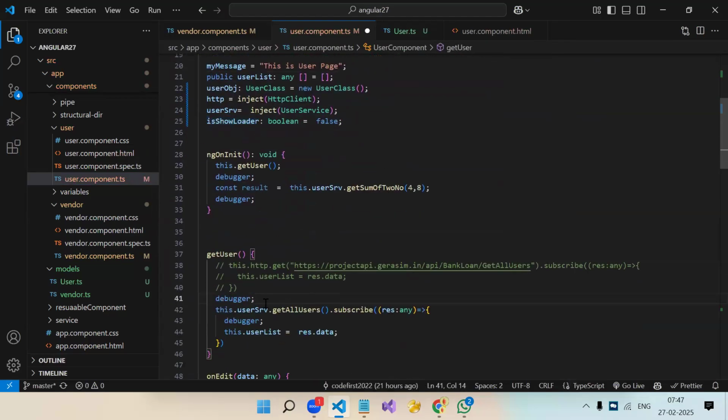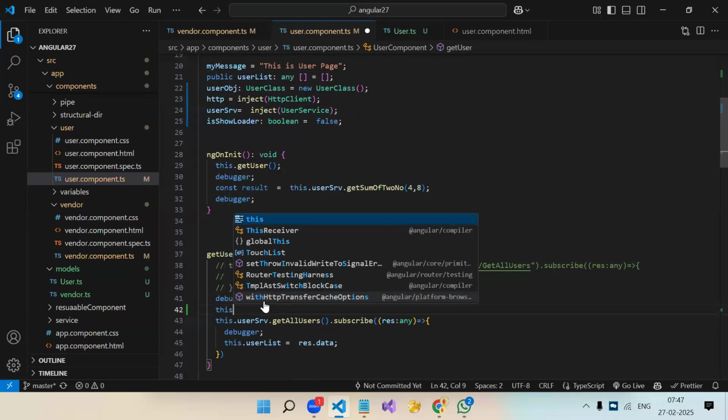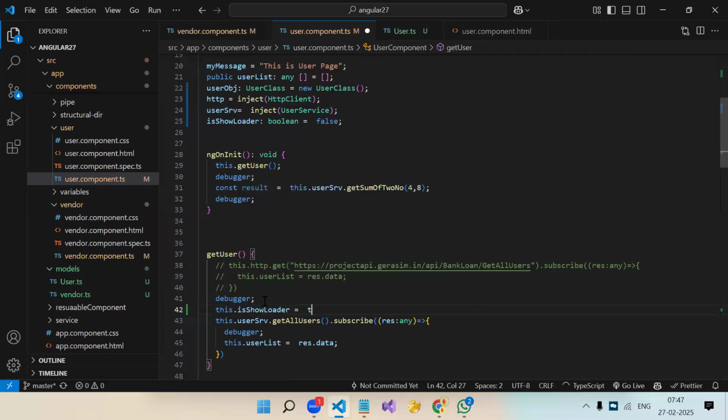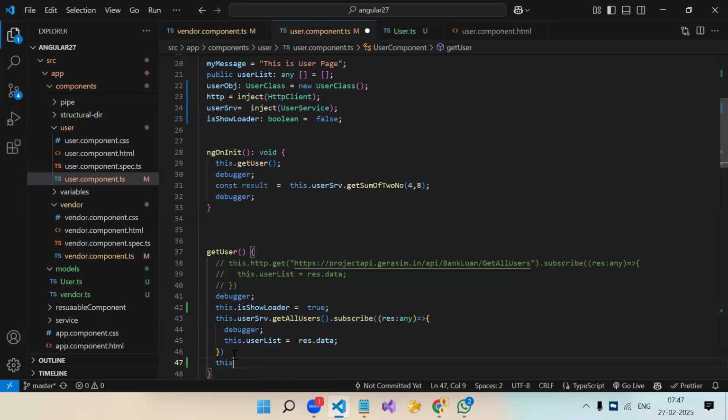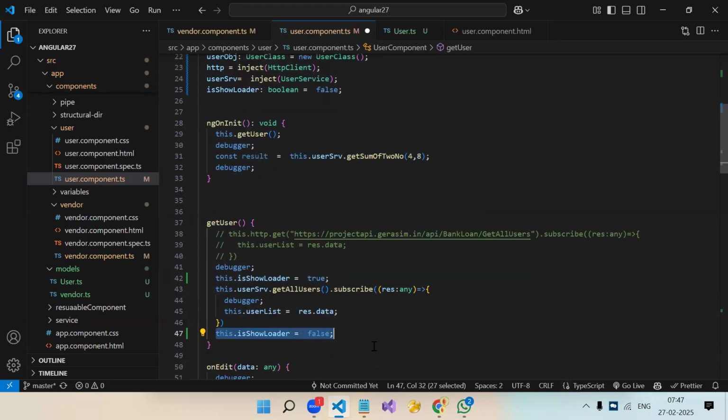Before calling the API, means over here: this dot variable is equal to true. And when do we have to make it false? After here, line 45, over here. Is it correct? Before making the API call, I'm making it true, and once the API call is done, I'm making it false. Is it correct? No, sir.